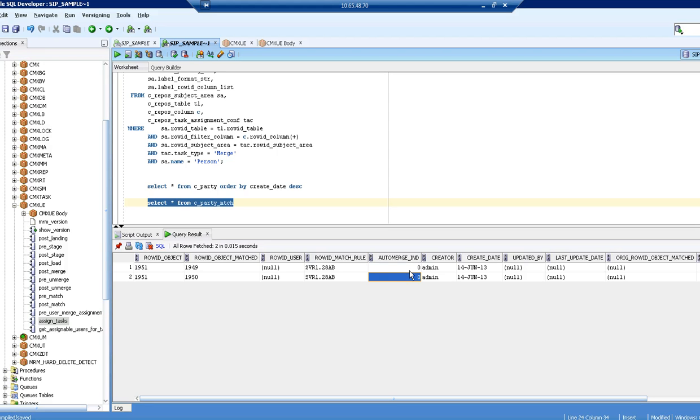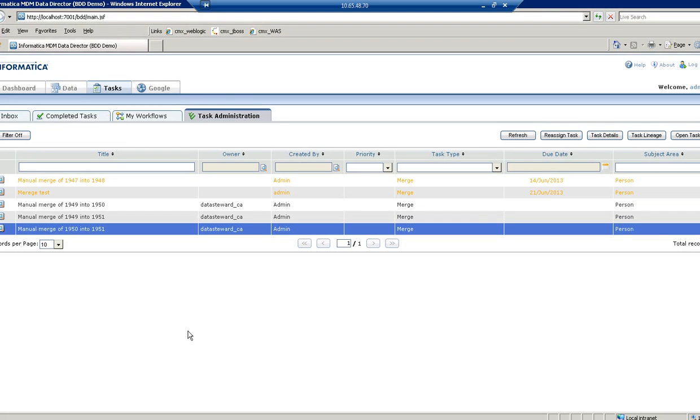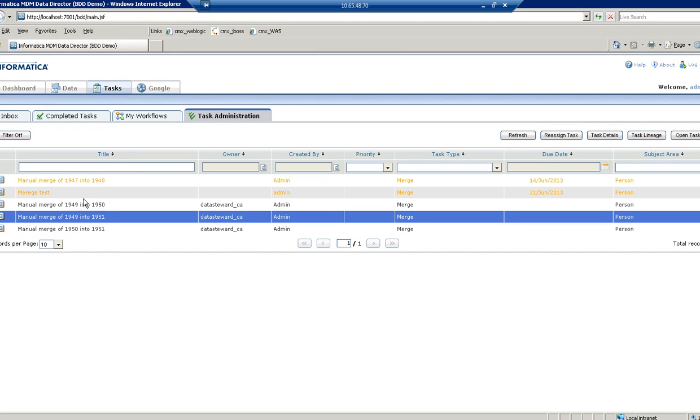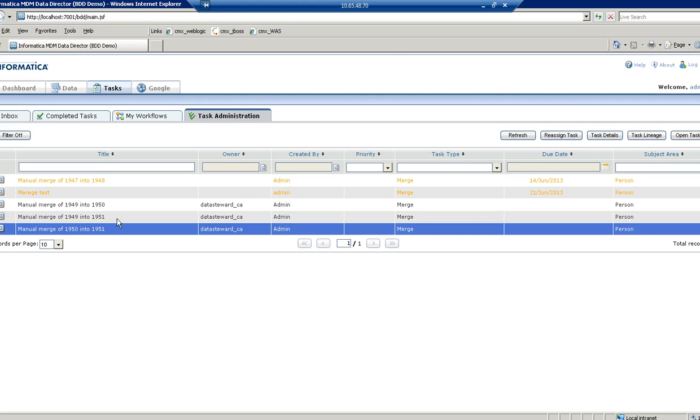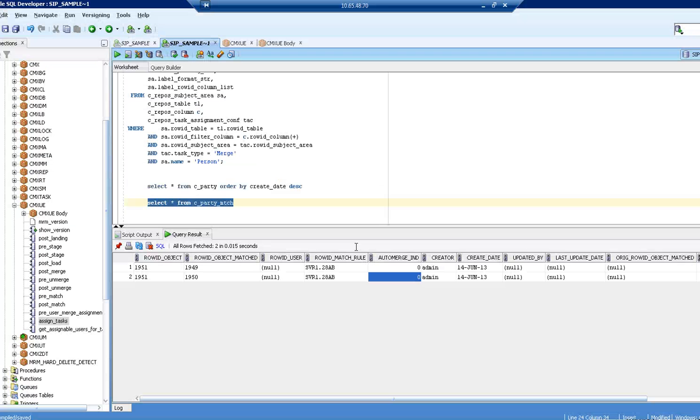Now what you have to do next is wait for the interval, which we have set to 1, so that the task daemon will automatically create the merge task in the IDD. You can check the automatic creation of the task under the task tab and the task administrator. The new task will be created. The earlier task was already created before. The task daemon process will keep on looking at the match table and keep on creating the manual merge task. So if we check here now,